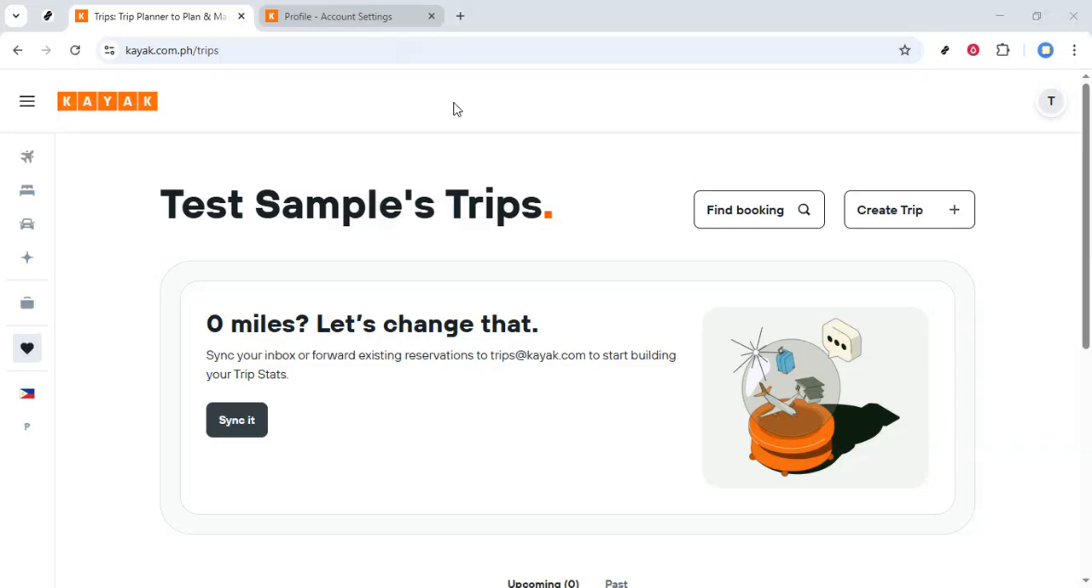This quick tutorial will show you exactly how to change the currency on Kayak. Whether you're planning a trip or just browsing for future adventures, knowing how to adjust the currency settings on Kayak can make your search easier and more relevant. Let's dive into this simple process to ensure you get the most accurate pricing information for your location or currency